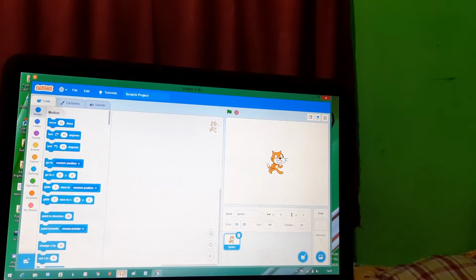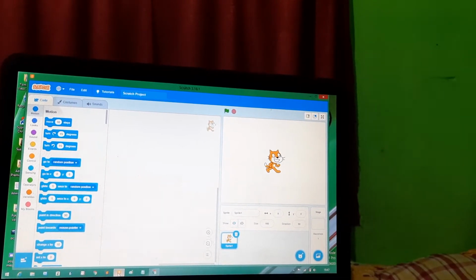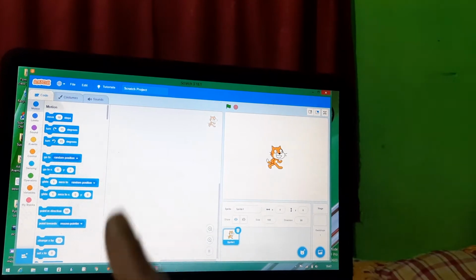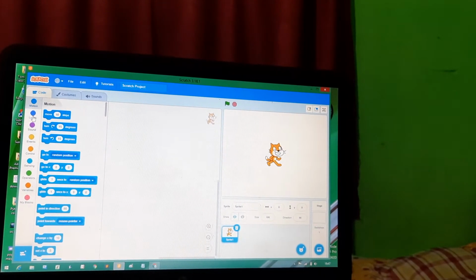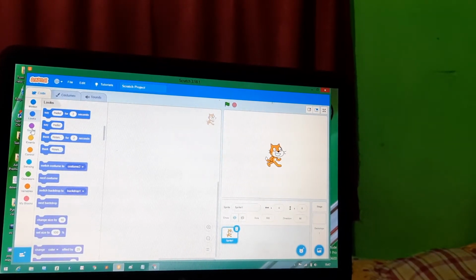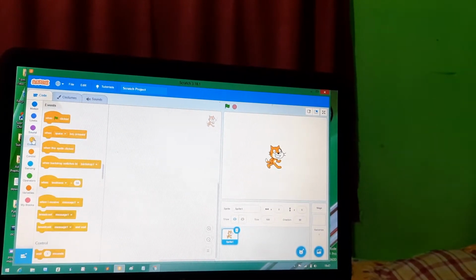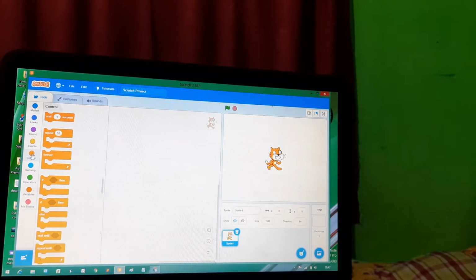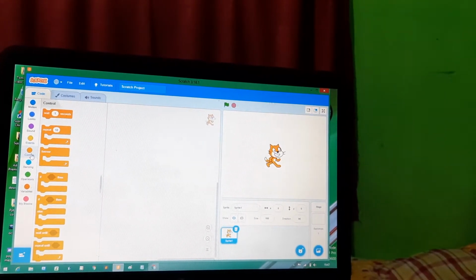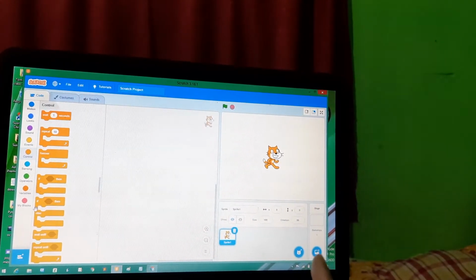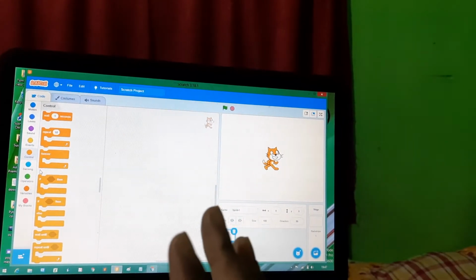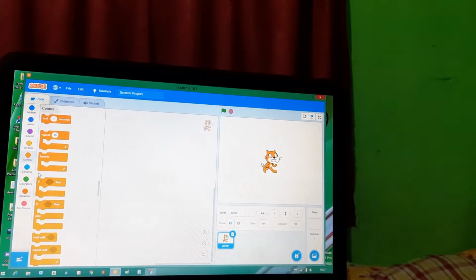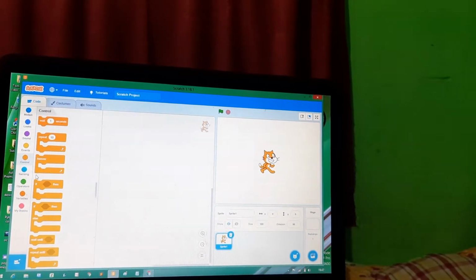Previously in the Scratch introduction chapter, we have learned about looks, motion, sound, events, and control blocks. Control blocks we will learn again in this chapter fully, like whatever blocks are going to be required for our programming.